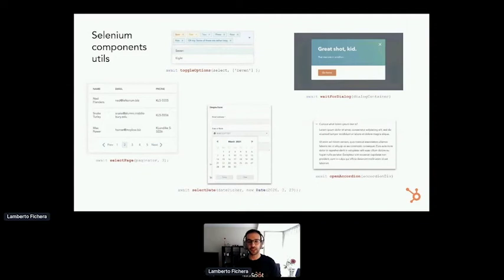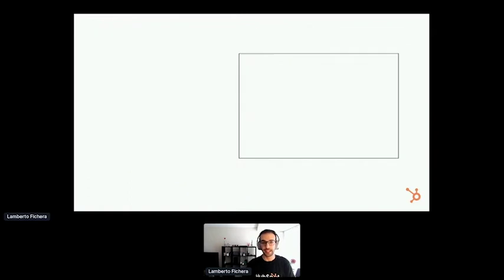And obviously, over time, we built matching utils for all of the components, or most of the components. So dialogues, accordions, date pickers, options, select page, paginators, pretty much everything you can think of. This is not an exhaustive list. Okay, so components, libraries is probably the main thing that got us started.